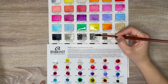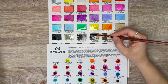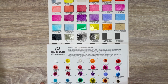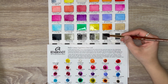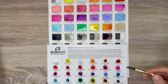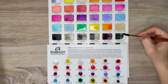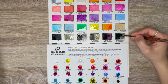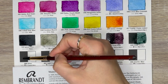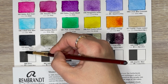Okay, so there are 3 dusk colors on this dot card, and this is dusk yellow, and these dusk colors seem to be granulating. Dusk pink. And then the third dusk color is dusk green, and out of the 3, the pink and the green are my favorite. Now the last 3 rows of this swatch card, they are more of metallic colors and iridescent, so